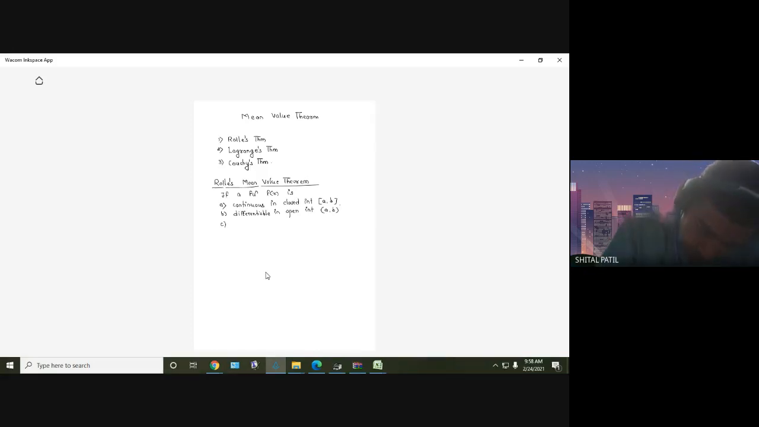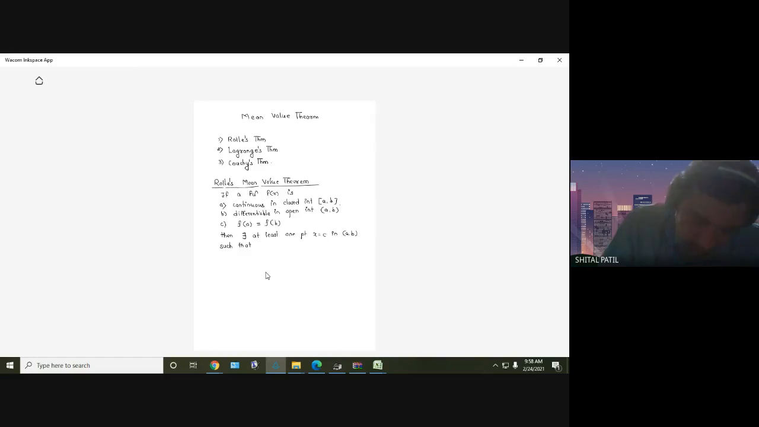Differentiable in open interval AB. And third condition, f of A, these are the endpoints, no? f of A equal to f of B. There exist, this is notation for there exist, at least one point, so maybe more than one point, x equal to c in open interval AB, it is not closed interval, in open interval AB, such that,